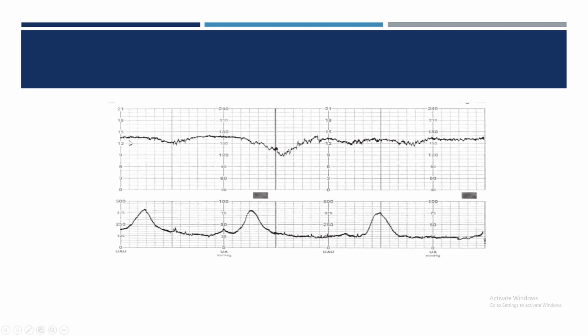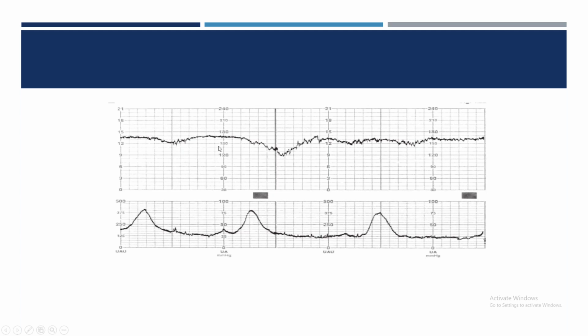So the first thing is, what is the baseline? Contractions: there are two. Baseline heart rate is around 140 to 170. Somewhere it is 160, somewhere it is 170. So you can see between 160 to 170 baseline heart rate. So it becomes a non-reassuring feature, correct? Yes, ma'am, this feature is non-reassuring.